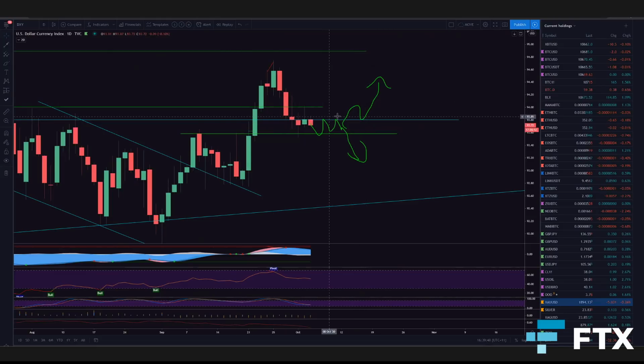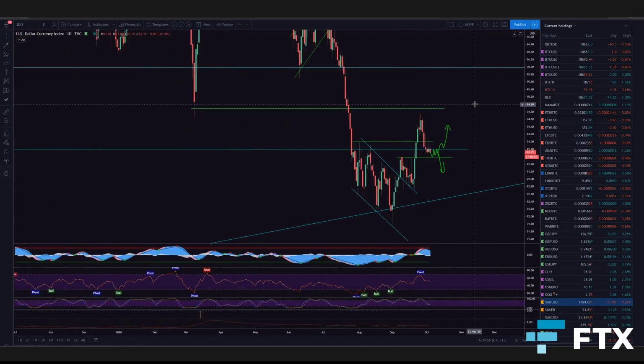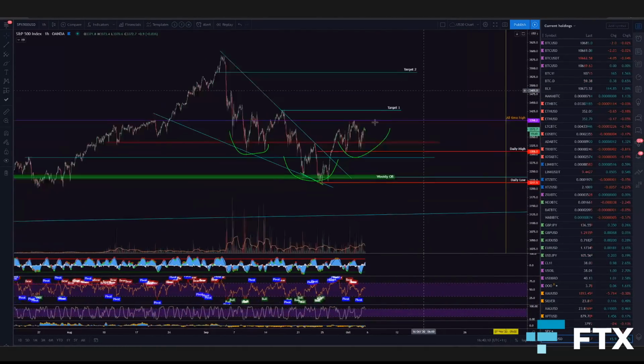If we do flip this back into support and then get out, I would expect all markets to dump and the DXY to finish making its run, possibly up to around this 95 up to 96 level, and having a much stronger rally, which would mean Bitcoin will come down a lot deeper and gold, etc., will come down a lot deeper as well. The other thing to watch out for also is the stock market is looking really strong,